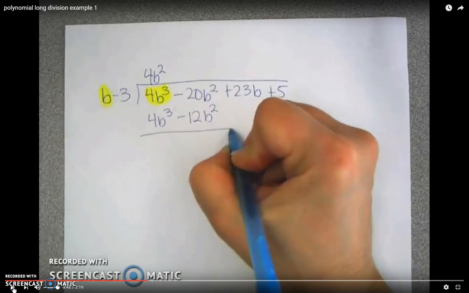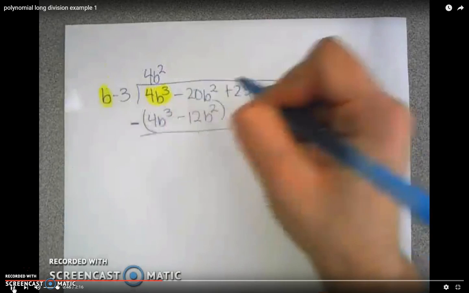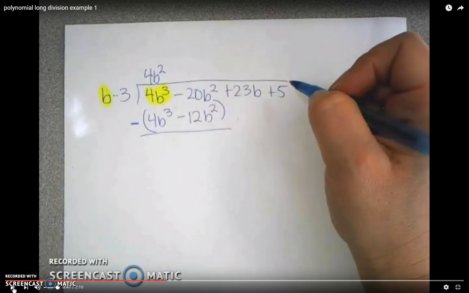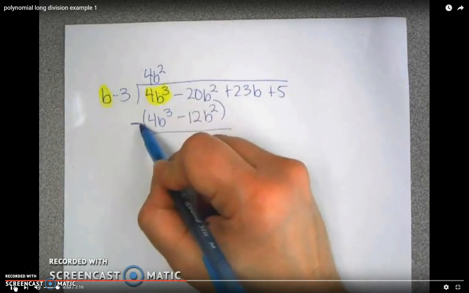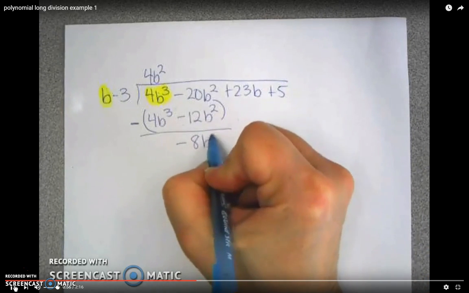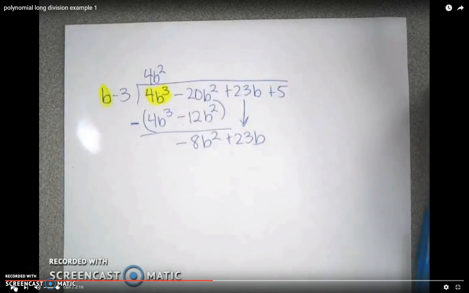And what I'm going to do at this point is subtract this entire line from the line above, just like in regular long division. So I'm going to put the expression in parentheses and subtract. You'll notice that I'm actually subtracting each term, which means that when I'm subtracting a negative, it's kind of like adding. So 4b cubed minus 4b cubed is going to be 0. There's nothing there. Negative 20b squared minus a negative 12b squared is going to be a negative 8b squared because I'm actually adding. Now I'm bringing down the next term, which is 23b,